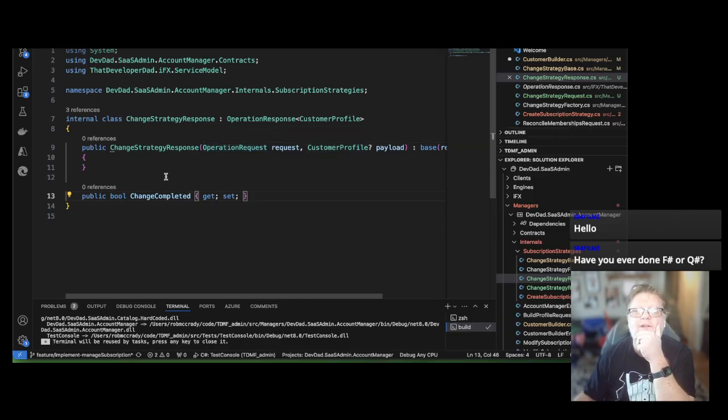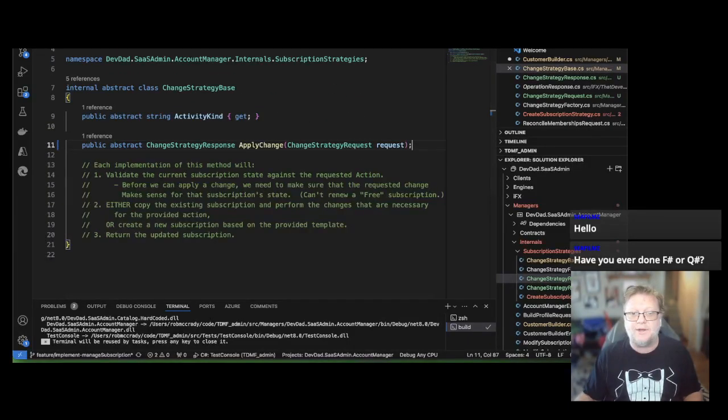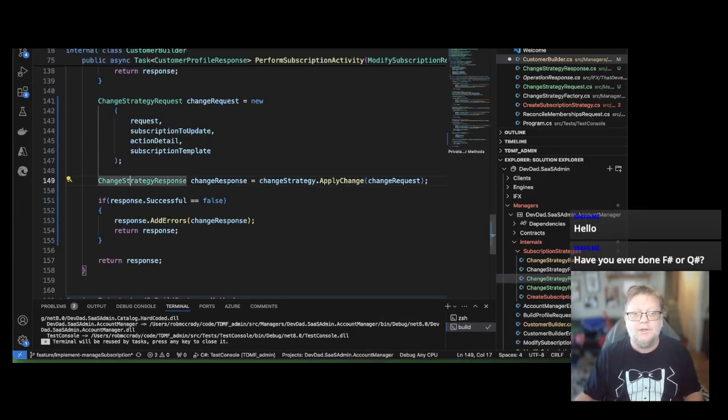Customer profile, and of course we've got the request to get the original data as part of this thing. So up here in change strategy base, I don't have to make any more changes. Customer builder, response.successful equals false. I'm going to say, yeah, that's fine